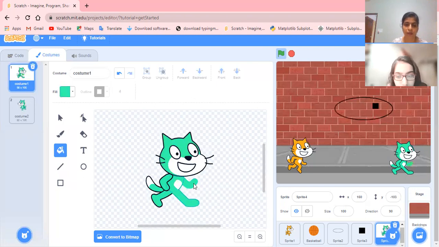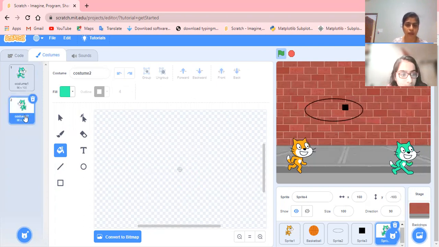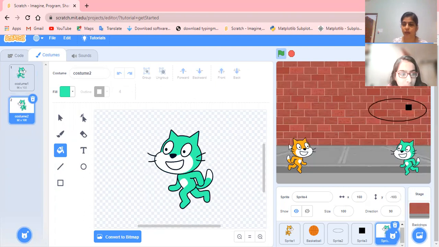Here you see, by mistake I clicked over the outline. So the outline of this hand has become blue color. I want to change it. That means let's click over the undo. Okay, it came back. Now carefully, inside only we want to fill the color. Perfect. Here also perfect. Now the sprite is ready.